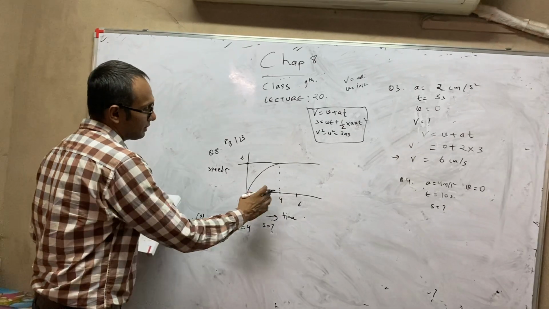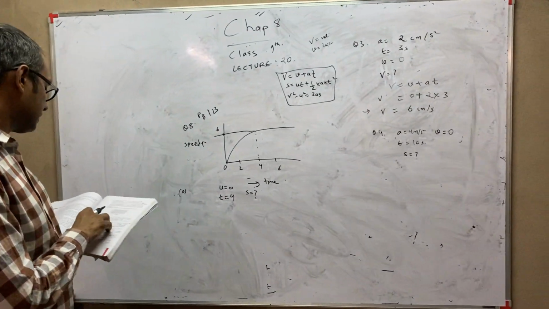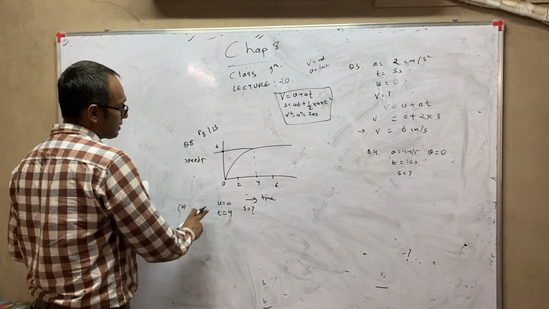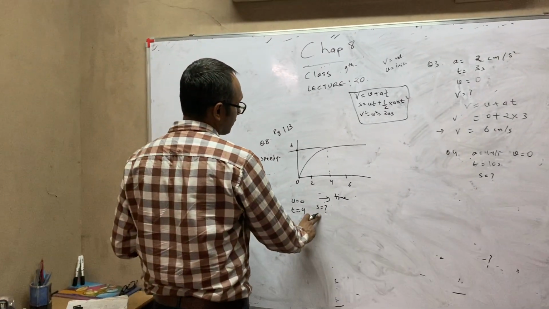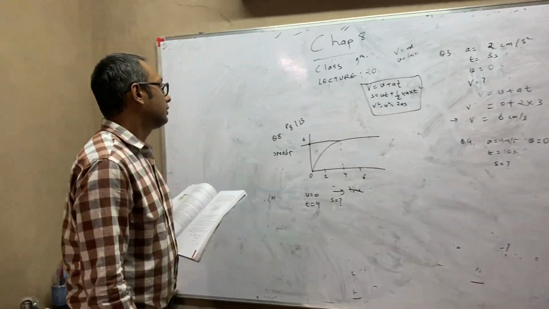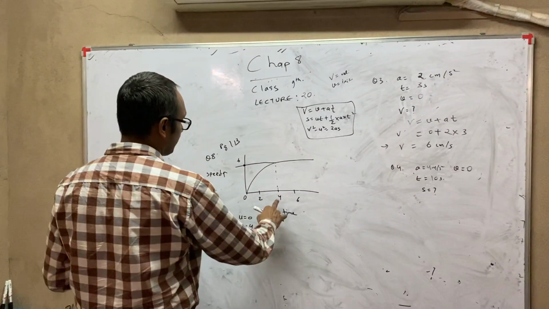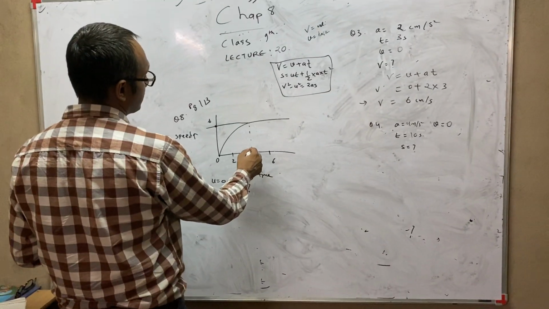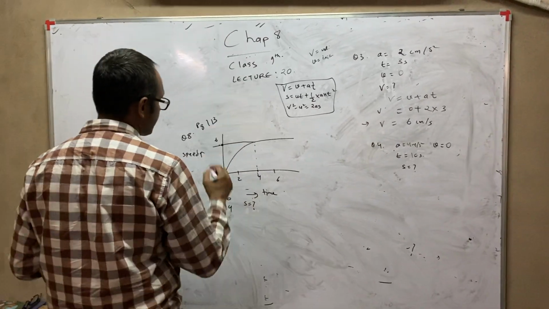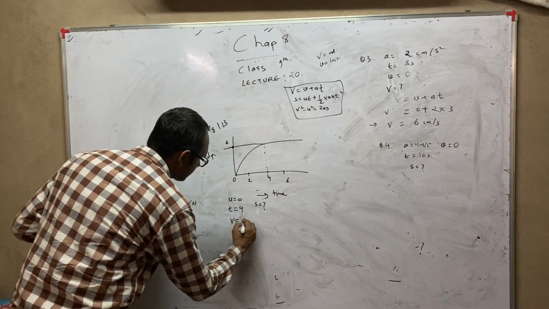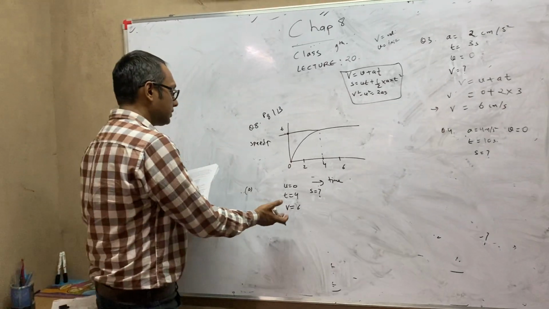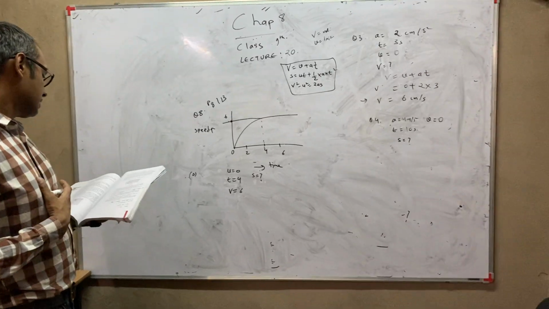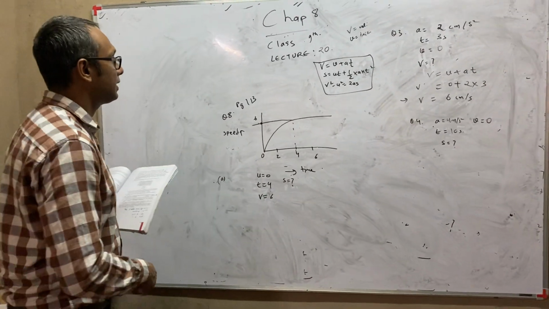So first of all, shading of course you can always do, but right now we are concerned about calculating the distance. So they have given us T, they have given us U, and they have not given us S. S we have to find. Now from the graph at 4 seconds, I just have to read what is the final velocity. So at 4 seconds, if I read from the graph, it is 6. So this I will write as 6. So this was a thing which you can read from the graph, and then accordingly you can proceed ahead with the sum.